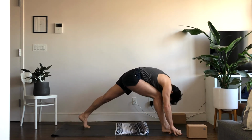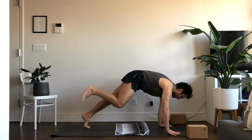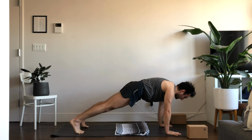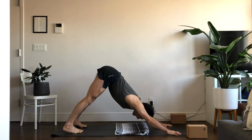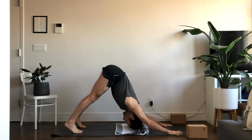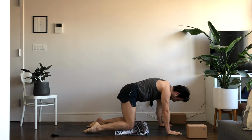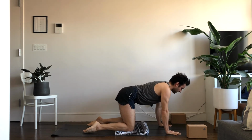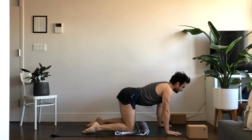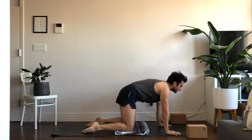Okay, inhale, bend the right knee. Exhale, step the right foot back, plank pose. Inhale in plank. Exhale, downward facing dog. Inhale, roll into a tabletop, roll over your toes, drop your knees onto the mat. And then exhale, stay. Inhale, drop your belly, gaze up. Exhale, dome your spine, gaze